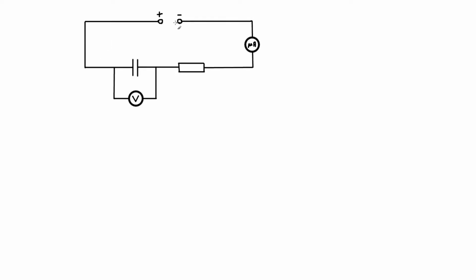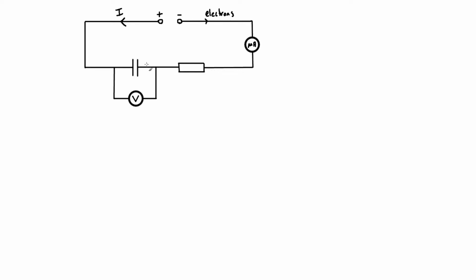So if we think about our circuit here, positive and negative terminals, conventional current is going to be running here from positive to negative, but we know that a current in a circuit at least is a flow of electrons, which is going from the negative terminal to the positive. So we can imagine here we've got our electrons flowing around our circuit here, and to begin with at least,